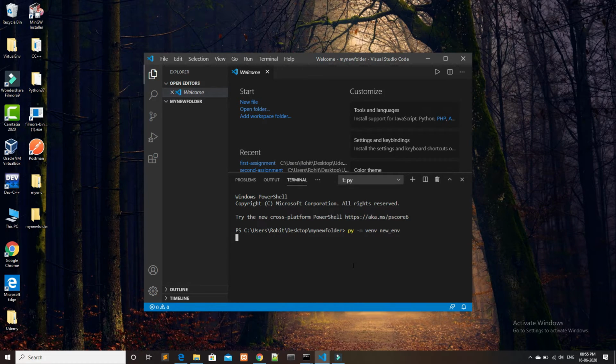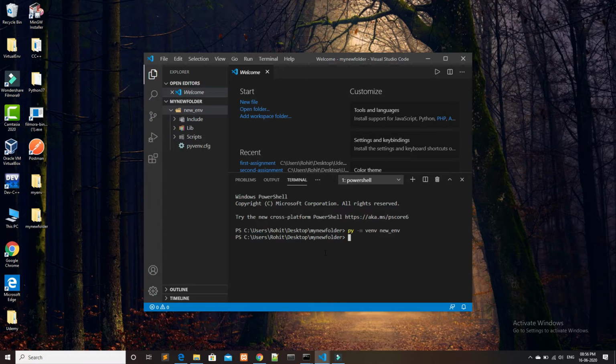Hit enter. As you can see, a folder is created where you can find some folders and some files. We will be working on this Scripts folder.